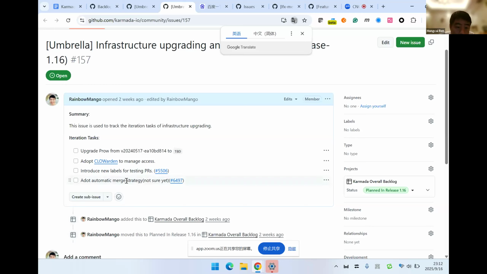Another thing is Joe's proposal. We hope to improve the contributor experience. Maybe we can, I'm not sure yet, have an automatic merge strategy for PRs, and we don't need to ask the contributor to squash and tidy their commits.